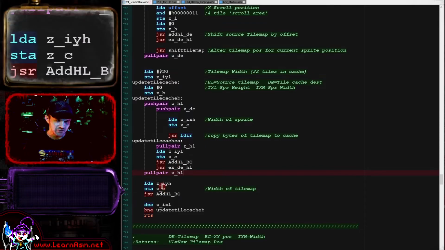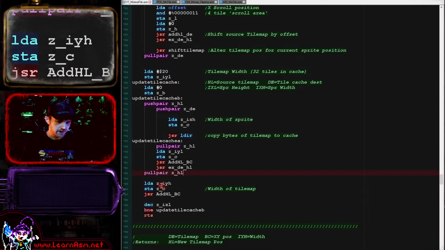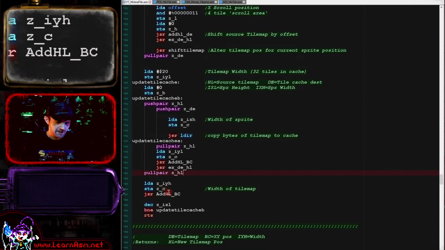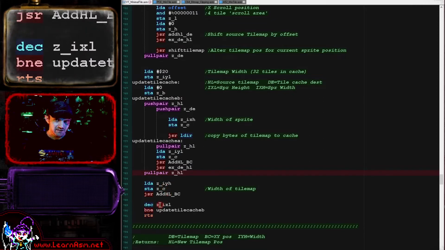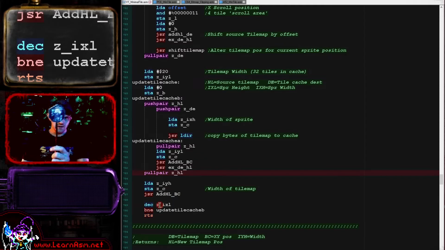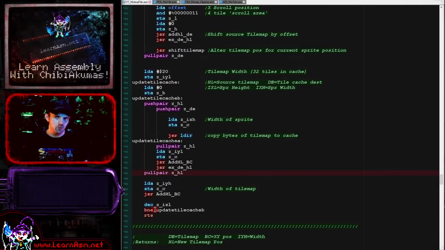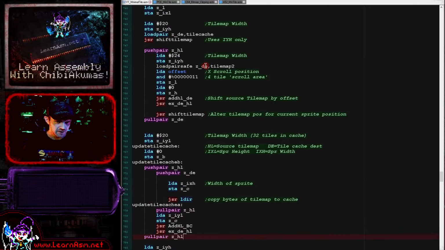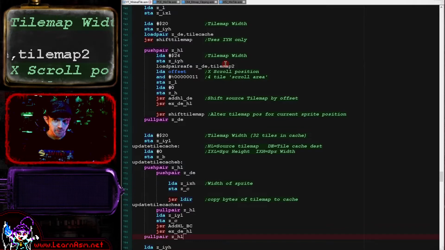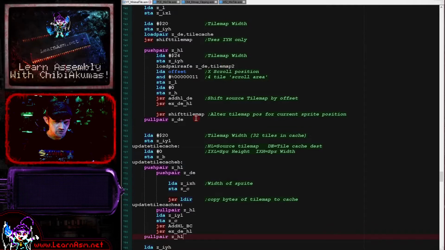So we're adding the width of the tile map here, which, as I say, is 36 tiles, to the tile map here, and then we are decreasing the counter for the height of the sprite, and we're doing the next line, so we're just doing the area that the sprite is actually overlapping, and then we return. So that is how we are removing our sprite, transferring the original tile patterns from the tilemap2 object into the